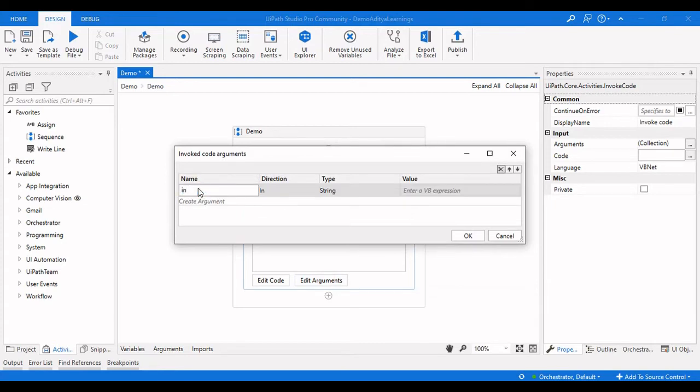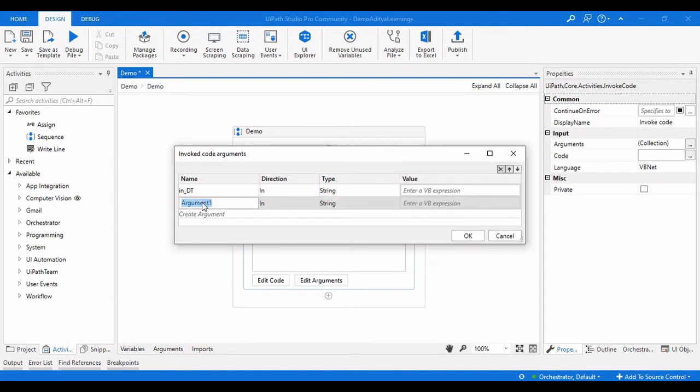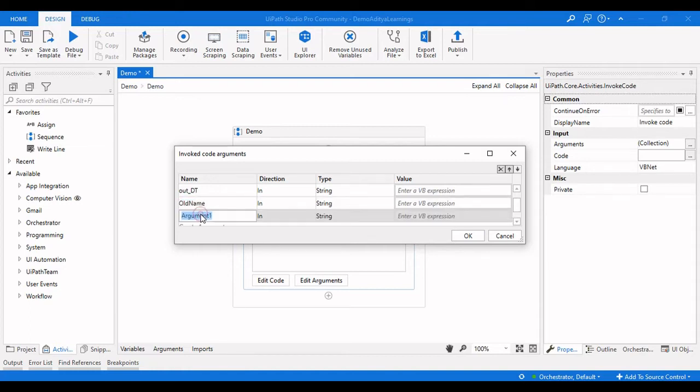So one will be in dt, and the other will be out dt, and then old name, let us say, and a new name.